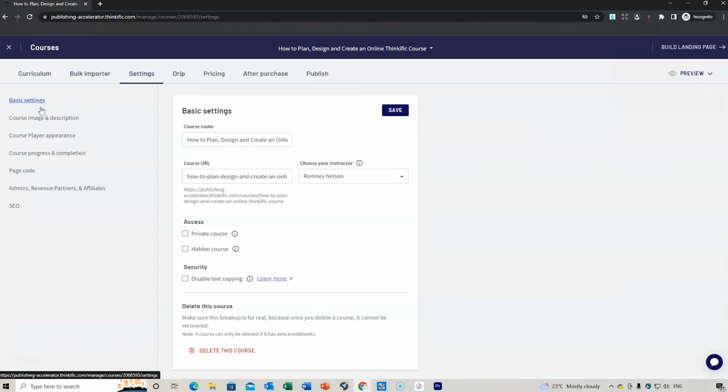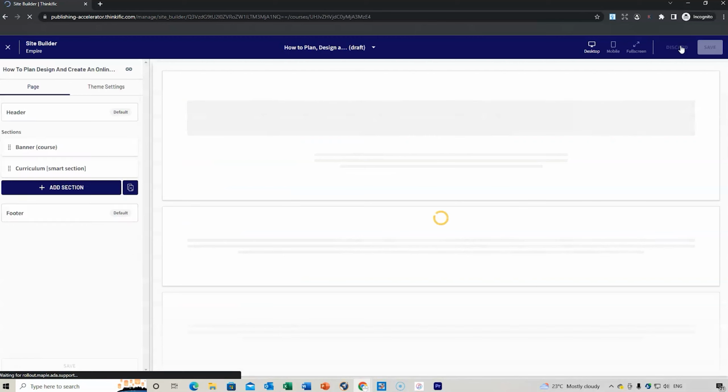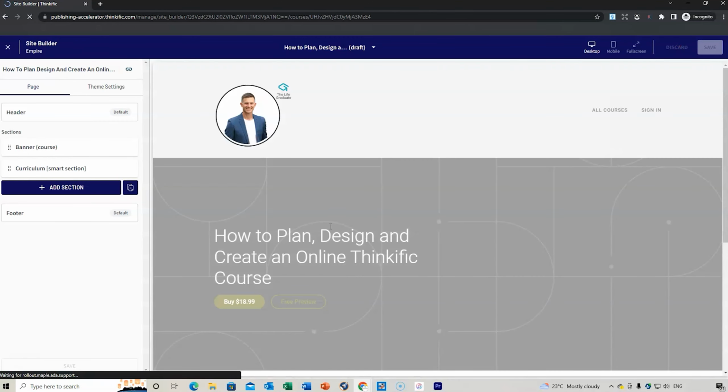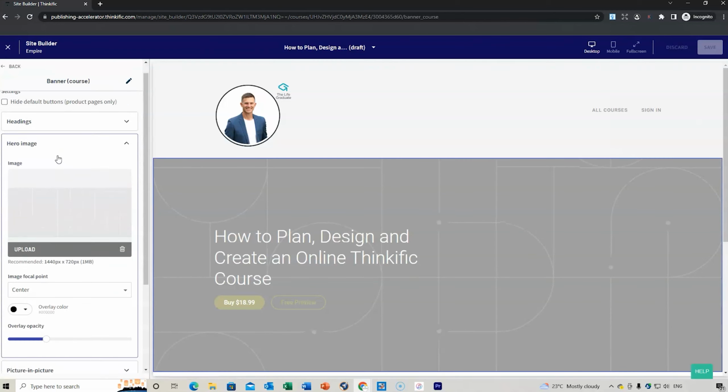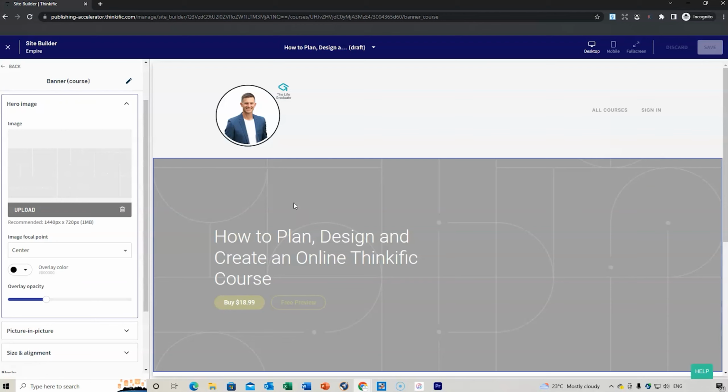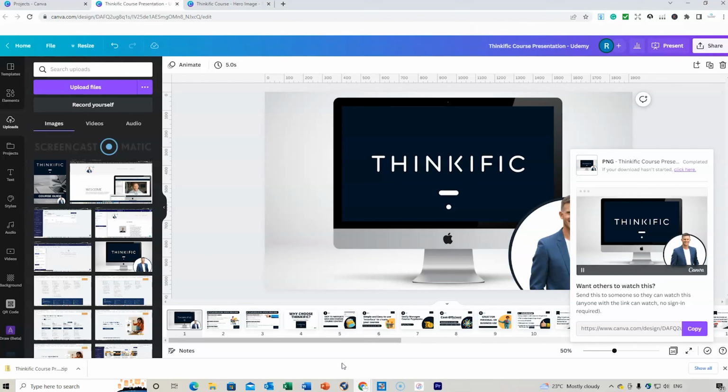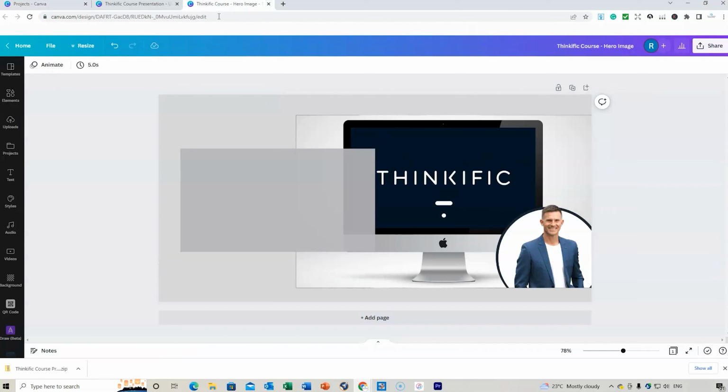Just work through each of those settings, and then once you've finished, then you can do what they call building the landing page. So let's click on that now. This is when we would go across to building this. So you see how it automatically populates the title of the course in this section here. Now I've created a hero, what they call a hero image. So we click there and we're going to go hero image. Now I'm going to upload the hero image. So I've done one already on Canva, which is this one just here.